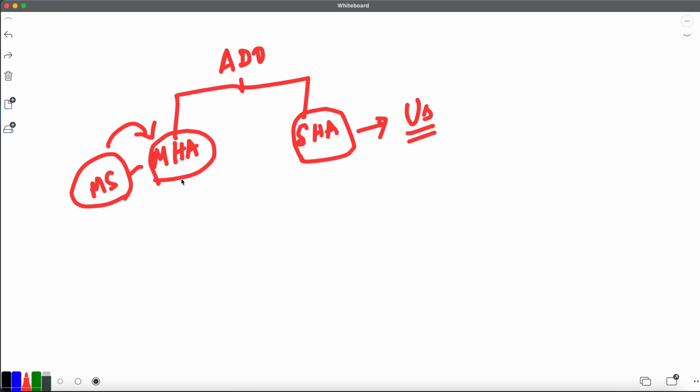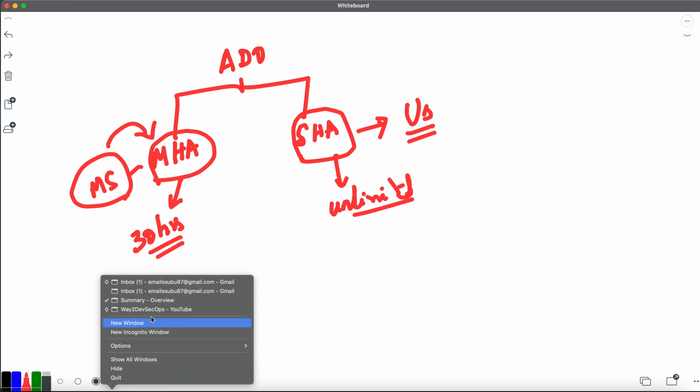And the Microsoft-hosted agent is free for up to 30 hours when you go with Azure DevOps. But the self-hosted agent is free for unlimited use, because this machine is owned by you and you can use it for an unlimited number of times. So now let's quickly see how to set up this self-hosted agent. It's very easy. Let's see, and then we will try to work on that. Okay? Let's jump on to